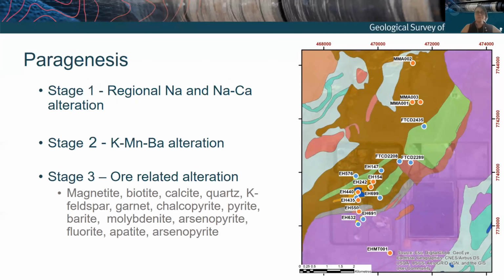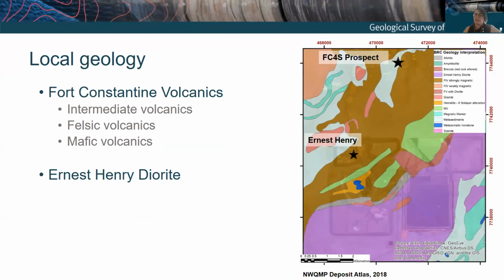And just to touch very briefly on this, there's a lot of previous really good work done on the Ernest Henry area, some from Geordie Mark in the early 2000s and some from Brad Cave from Adelaide Uni recently. There's early regional alteration, some pre-ore alteration, and then also ore alteration. To understand how this looks in HyLogger data, it was really important for us to get our heads around the local geology. So within both the Ernest Henry area and the prospect to the north, predominantly we're in